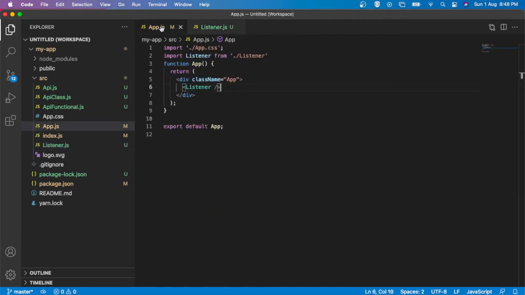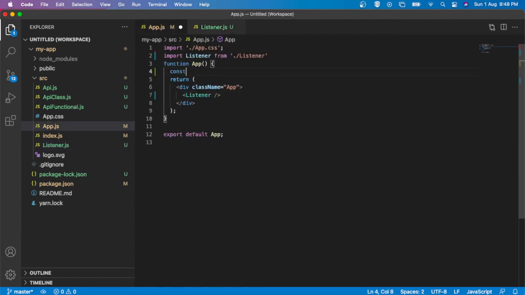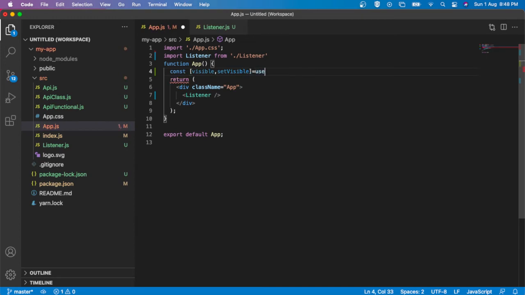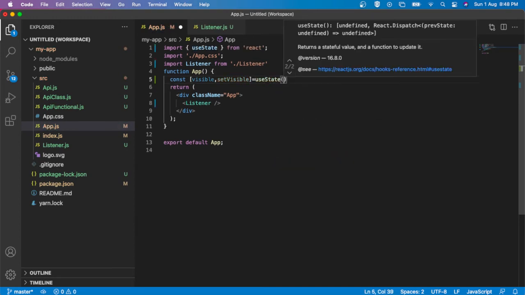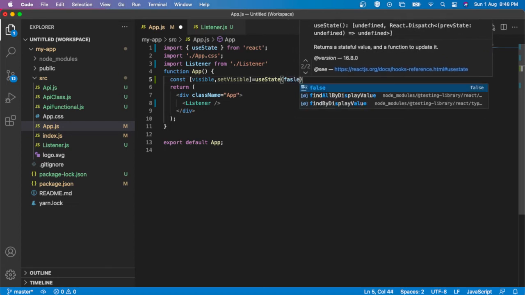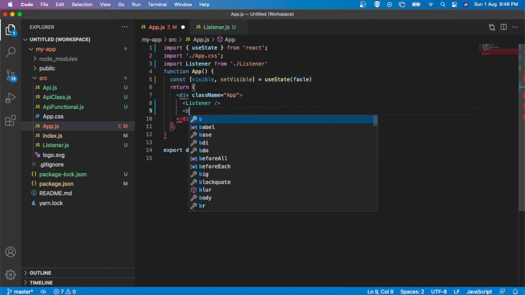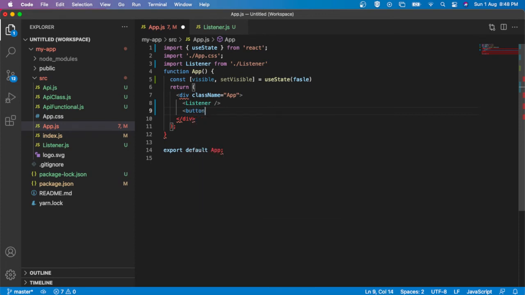For that I am adding a state here. Const visible, setVisible, useState, with initial value false. Now here I'm adding a button to hide or show according to this visible value.